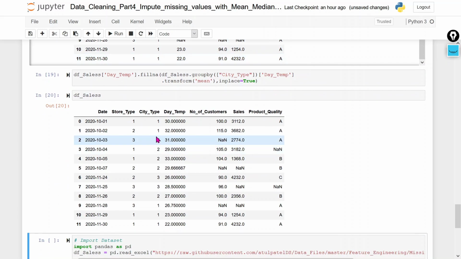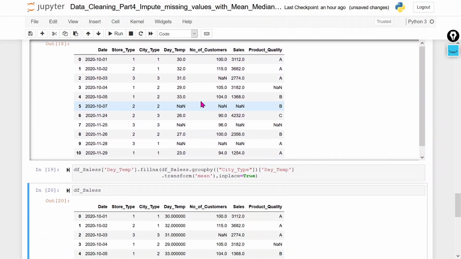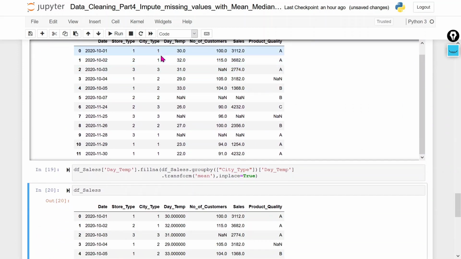Now you can see that the value 26.75 has been imputed. Let me check how it is imputed. We group by the city type, 1 1 1 1 1. How many values do we have corresponding to 1? The values are 30, 32, 23, 22.